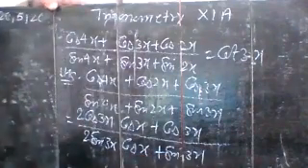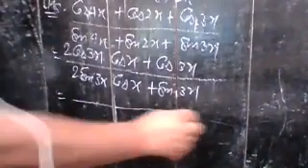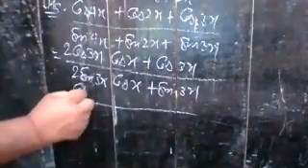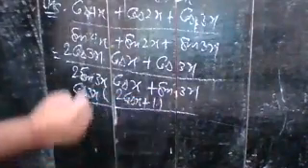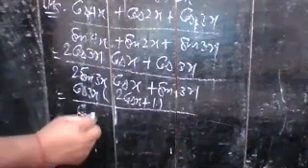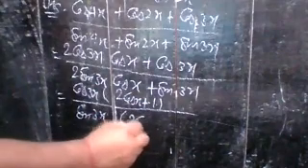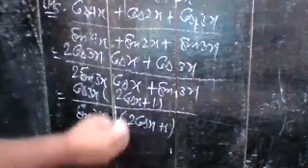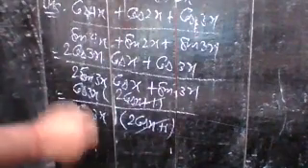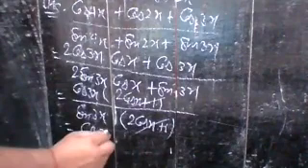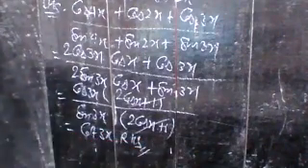Now take common in the numerator and denominator and see what your result is. So cos 3x is common, so you have 2 cos x plus 1, and in the denominator sine 3x is common, so you have 2 cos x plus 1. So 2 cos x plus 1 cancels out, and you have cos by sine, which is cot 3x, and that is your right side. So note it.